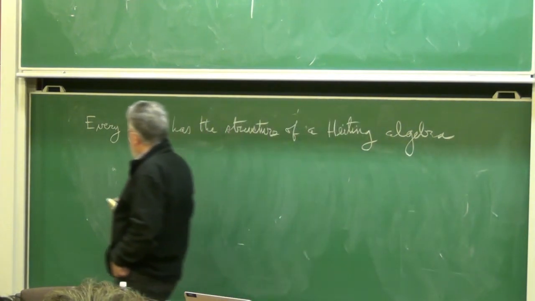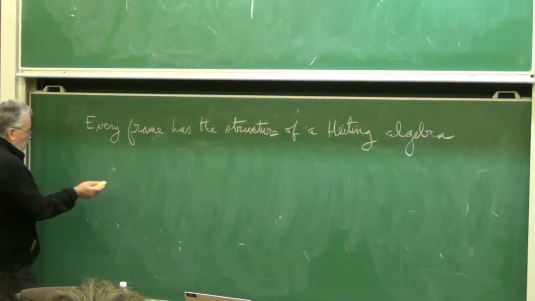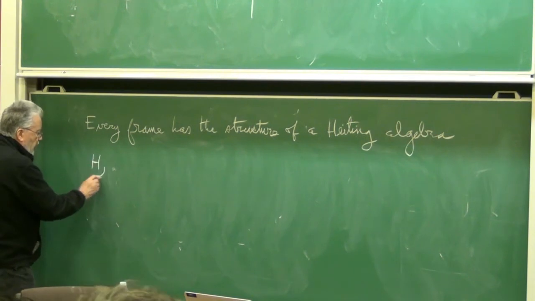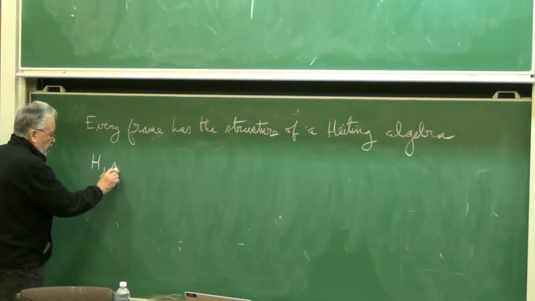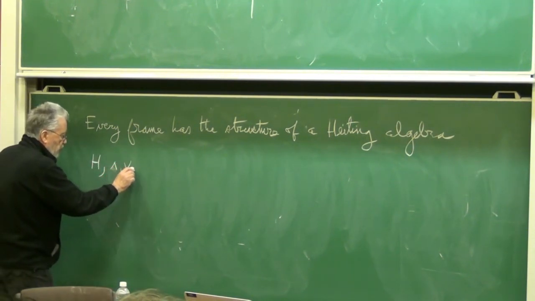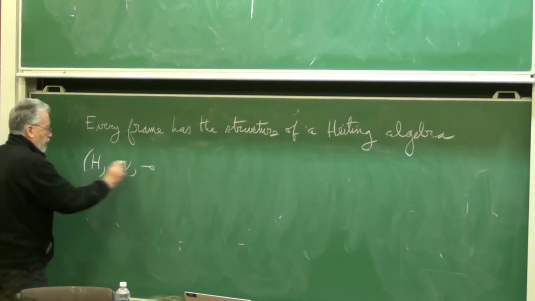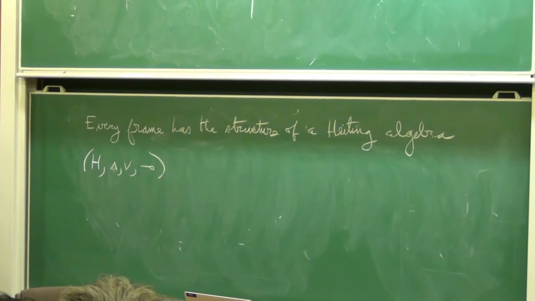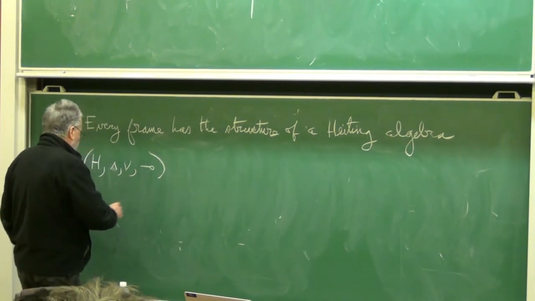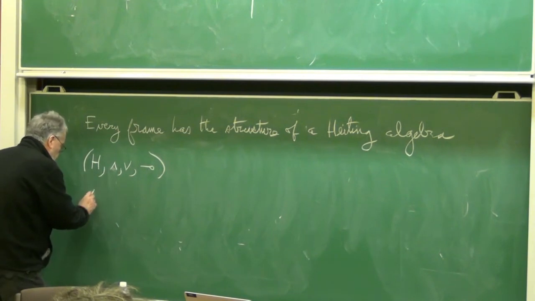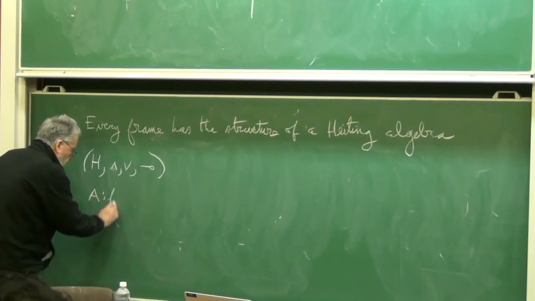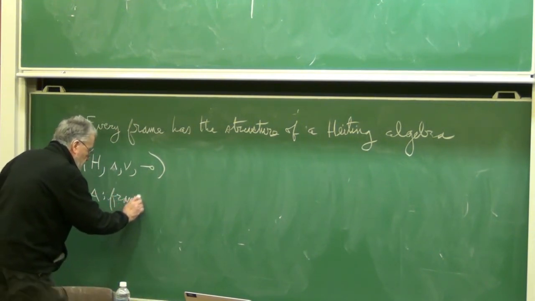I recall that the Heyting algebra H has an infimum operation, a supremum operation, and an implication. It has essentially three operations, and the implication, if H is a frame, then